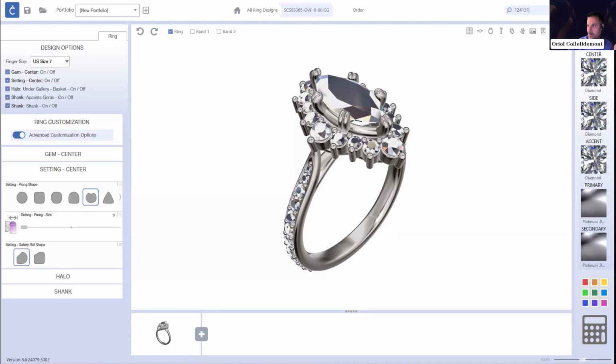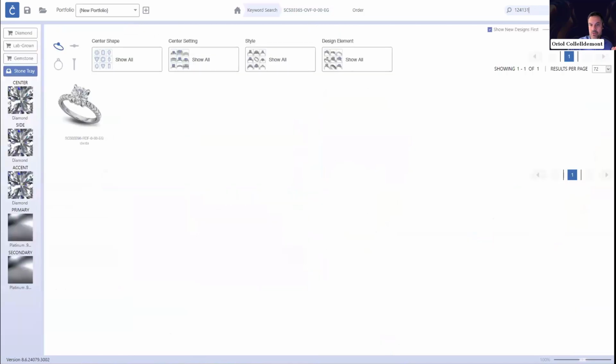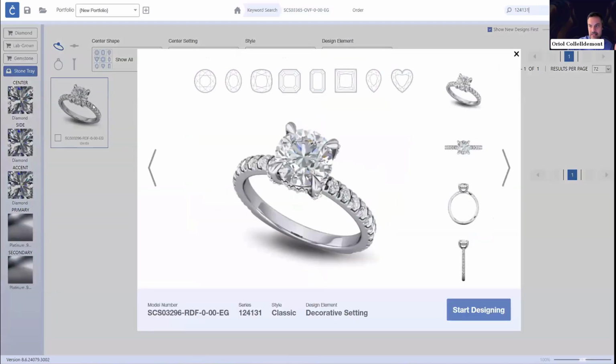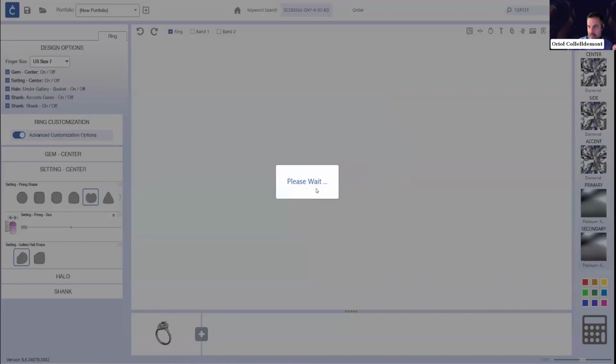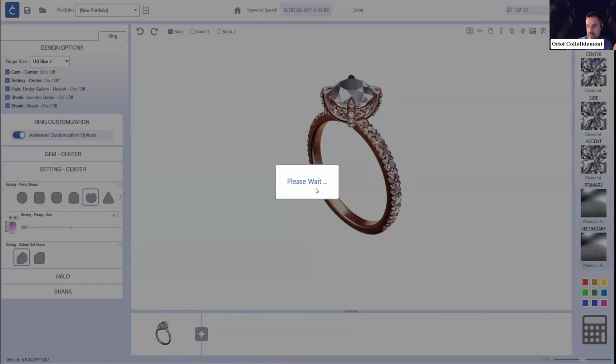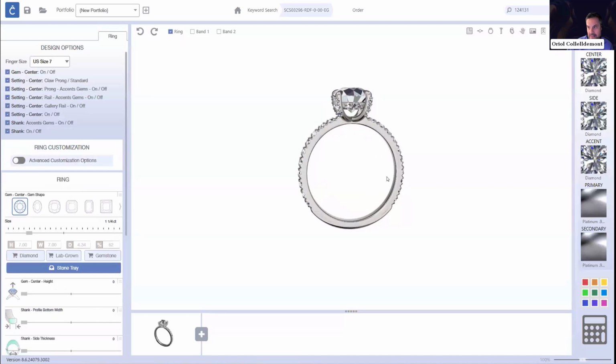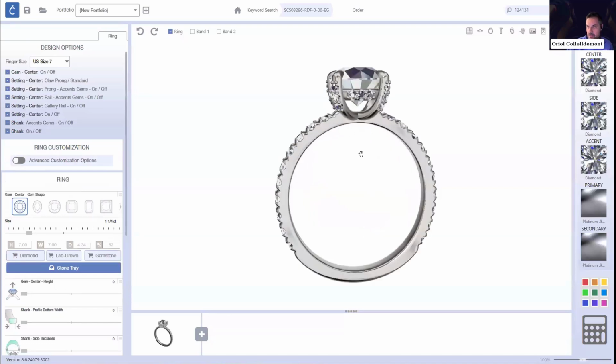131. So this is one of the styles that Katelyn was showing us. So now I can select this one and I can start to design. I don't want to save this one. And I will start to design with the one that Katelyn was talking about. So first I showed you how to make a filter from all the styles that we have. And then, as you can see, this is one of the ones that Katelyn was talking about